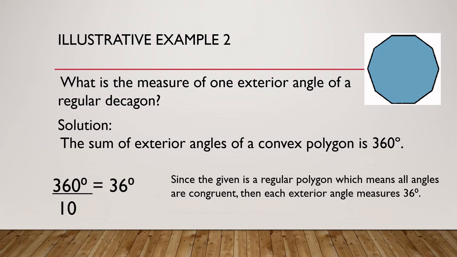What is the measure of one exterior angle of a regular decagon? So, we all know that a decagon has 10 sides. The sum of the exterior angles of a convex polygon is always 360 degrees. So, we will divide 360 degrees divided by 10 equals 36 degrees. So since the given is a regular polygon, which means all angles are congruent, then each exterior angle measures 36